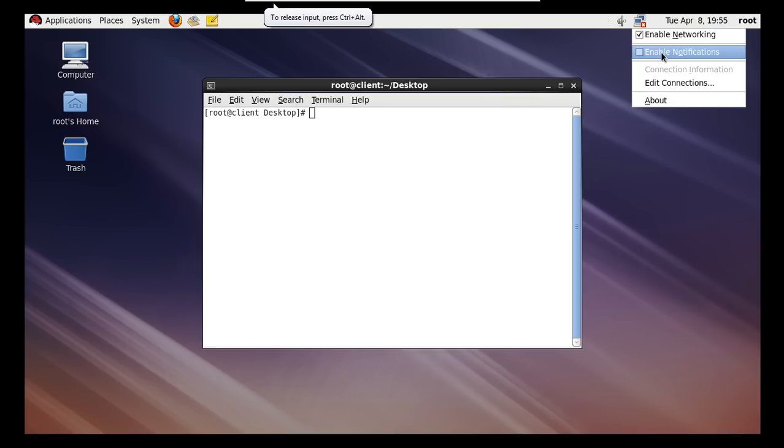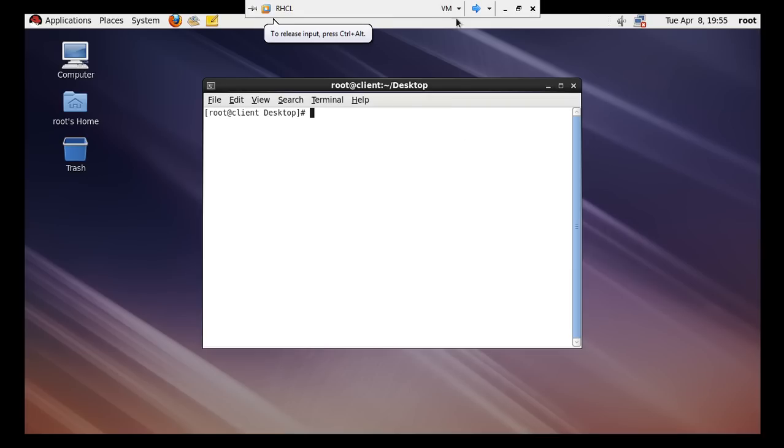I think the network is disconnected, so we need to restart the network service.